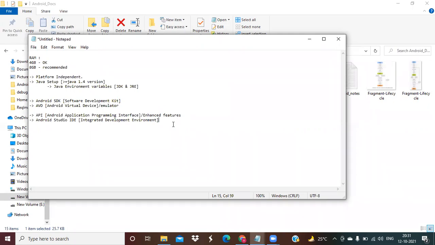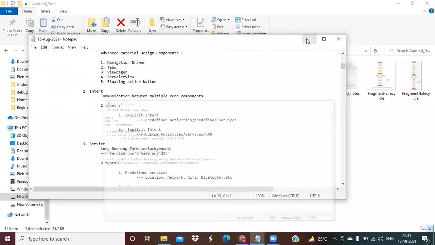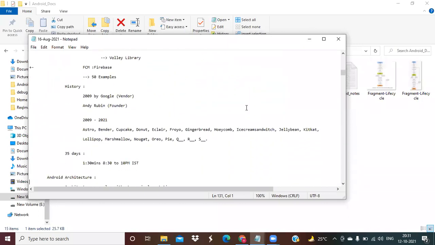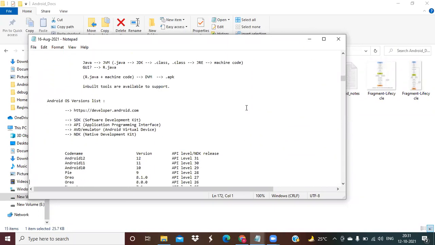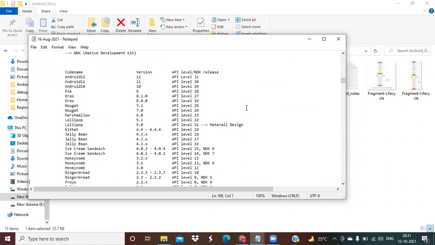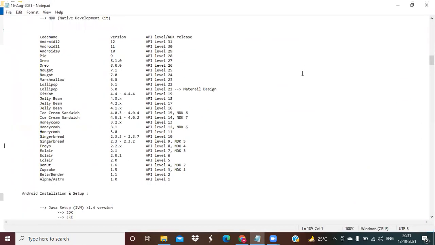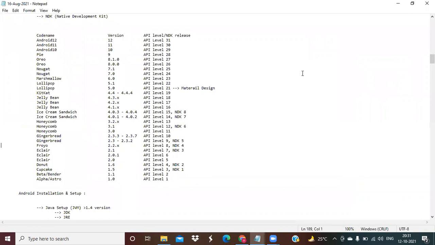Along with that, I will introduce the different Android operating systems available in the market. We have so many versions, but what do we use in real time? Different code names are available with versions and API levels.